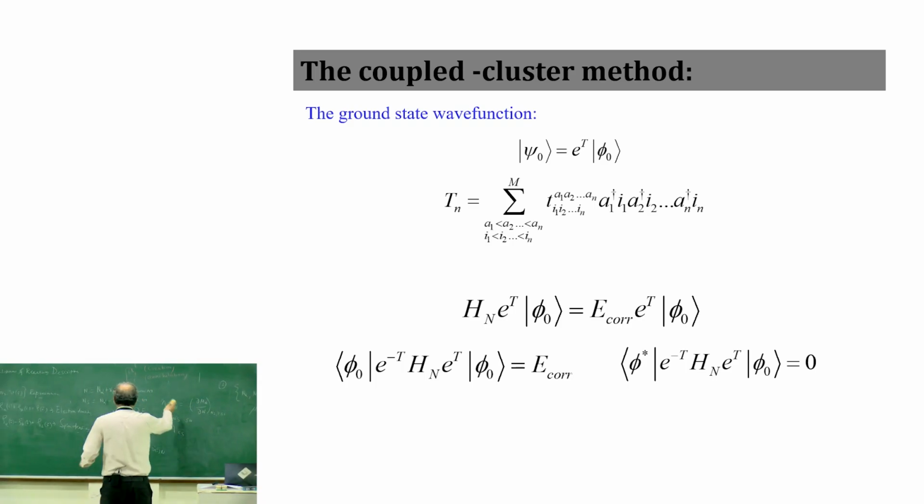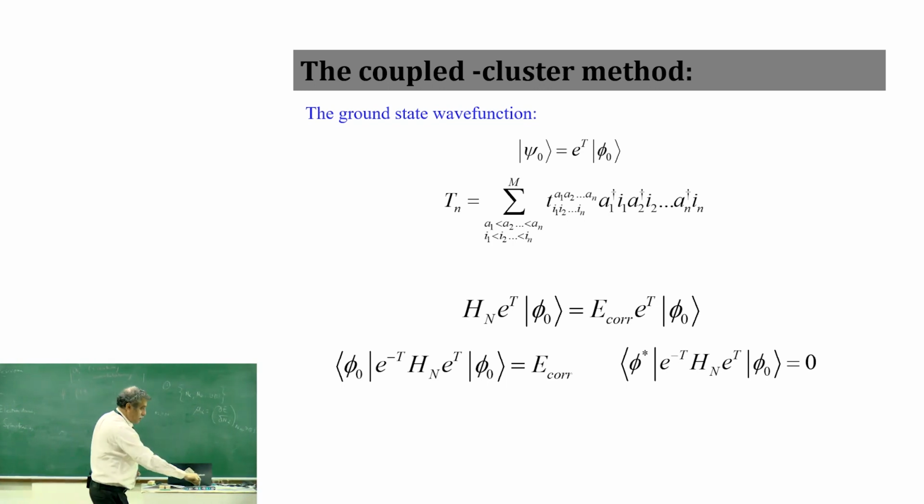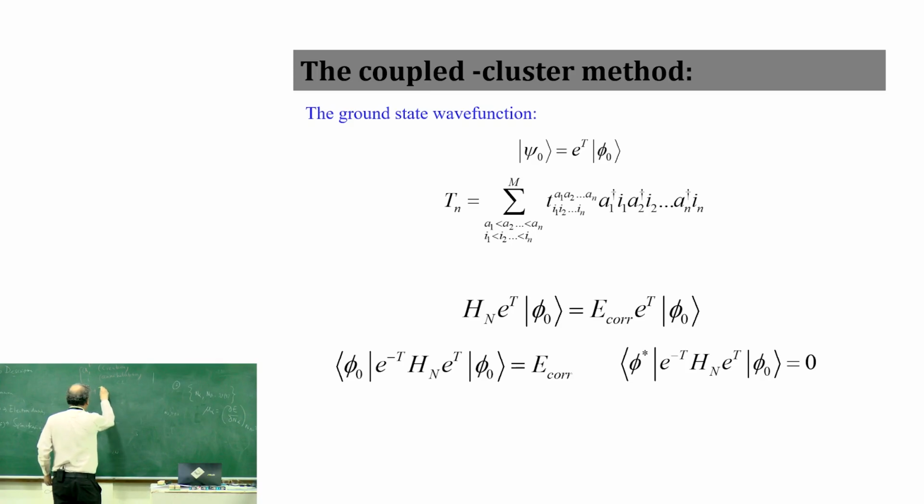So for example, this wave function with this notation, let me write down this notation. So if I write this psi as 1 plus, maybe I should use the white chalk. Yellow is the best? Okay. If I use psi as 1 plus T, where T is T1 plus T2, on Hartree-Fock, then this is exactly the CISD wave function.